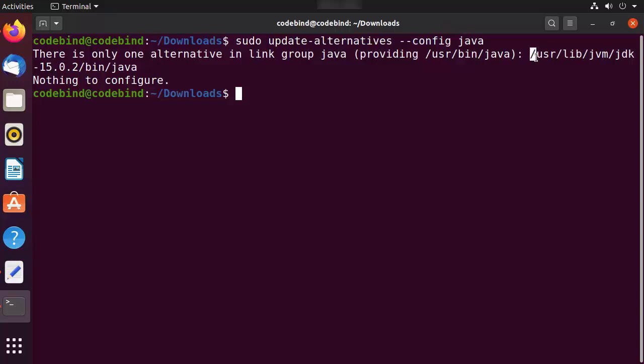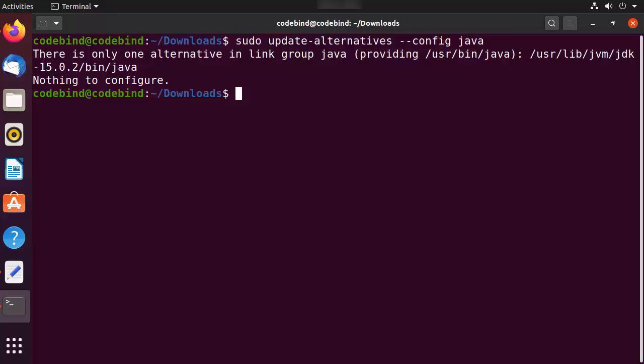It's going to give you the location for your Java installation folder. You can see here, right? So if you are confused, you can always use this command to change between different versions of Java. If you have installed different versions of Java on your Ubuntu operating system, this command is going to help you to switch between those versions also.